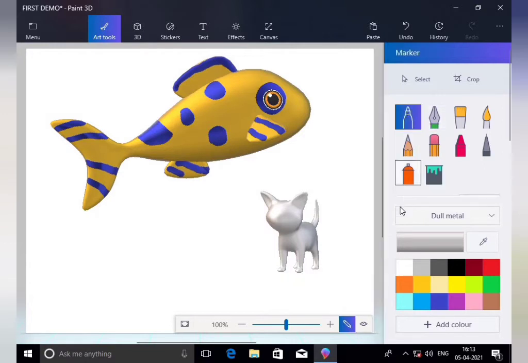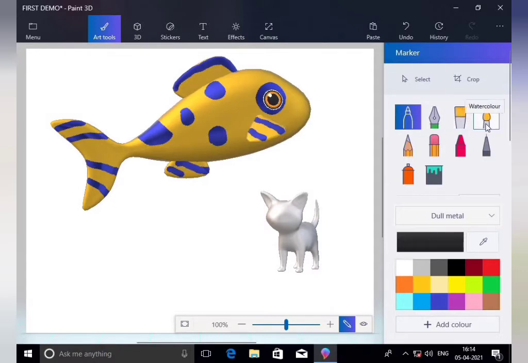Now for example, I have to draw something new on this cat in black. It is our marker. It is calligraphy pen. It is oil brush.